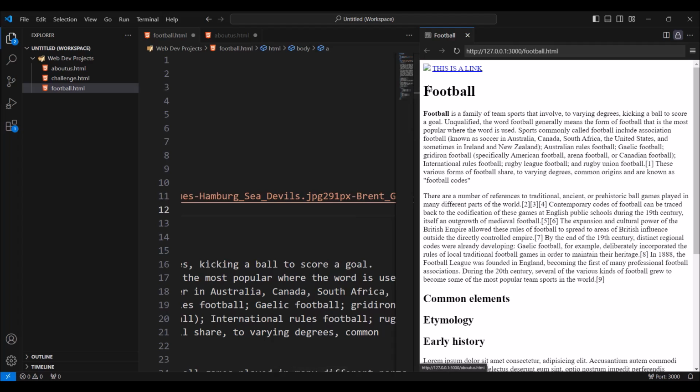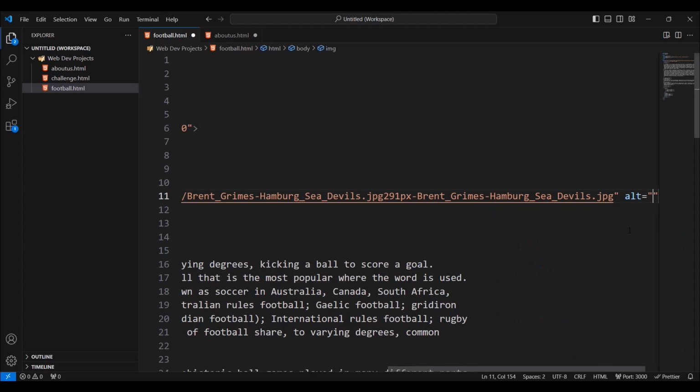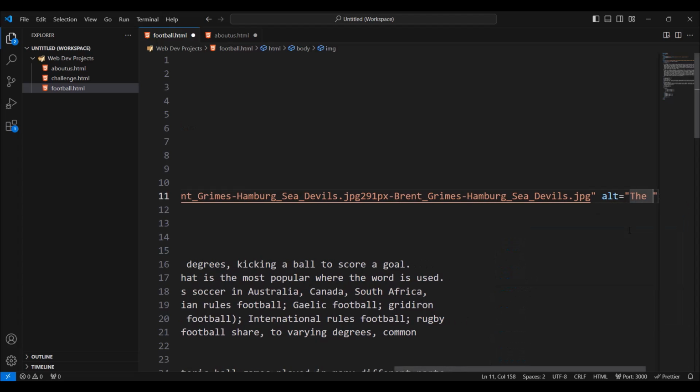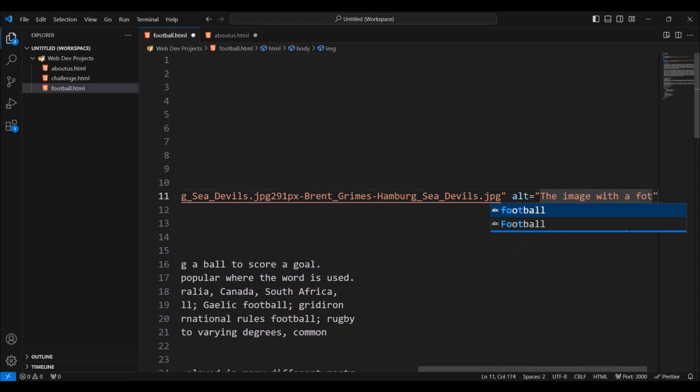As you can see, we don't have the image because the link is broken, and we can define another attribute which is gonna be a description, which is gonna say something if the link that we provided does not work because of the internet connection or because it was changed. So we need to type alt. So this is another attribute. I'm gonna type the image with a football